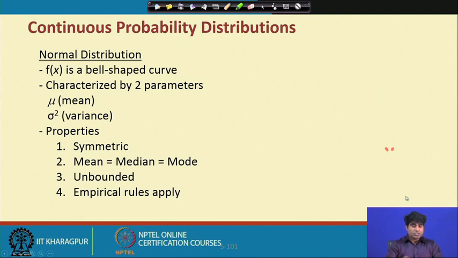This is the kind of distribution which you need very frequently for any kind of business analytics. It is called the normal distribution, and it is a bell shaped curve. It is understood with respect to two parameters, mu and sigma squared, that is, the mean mu and the variance sigma squared. Usually the normal density function will show you the series, whether it is symmetric or skewed.